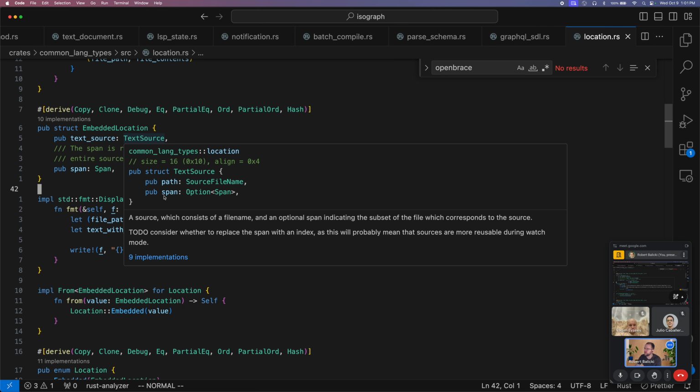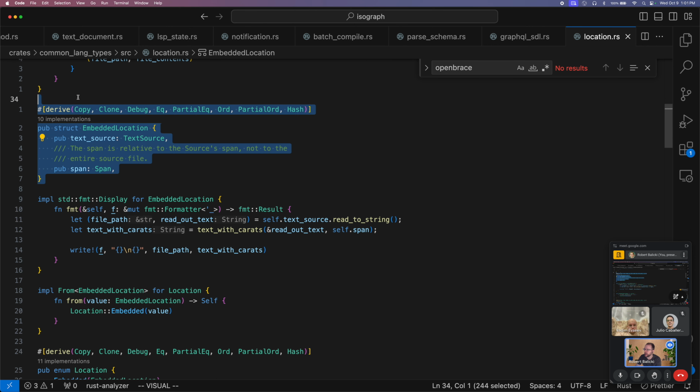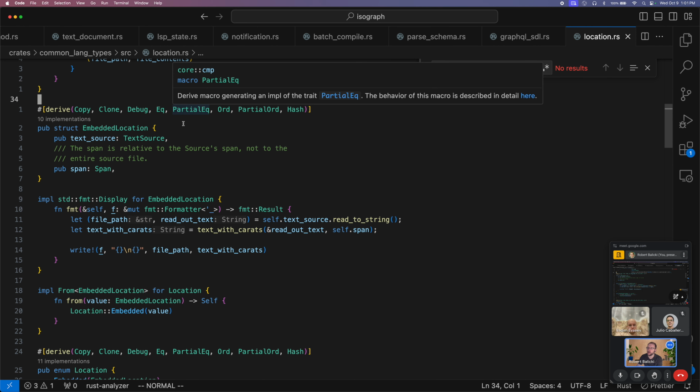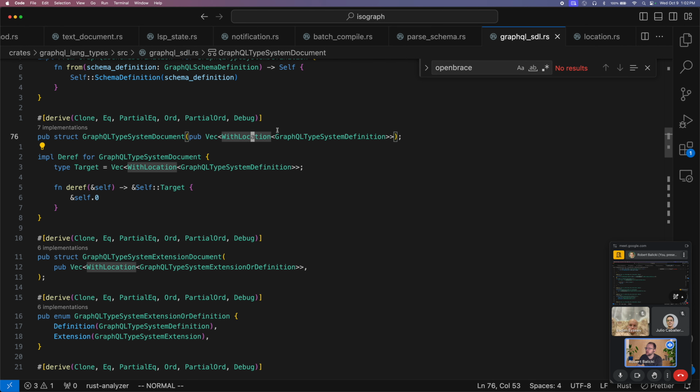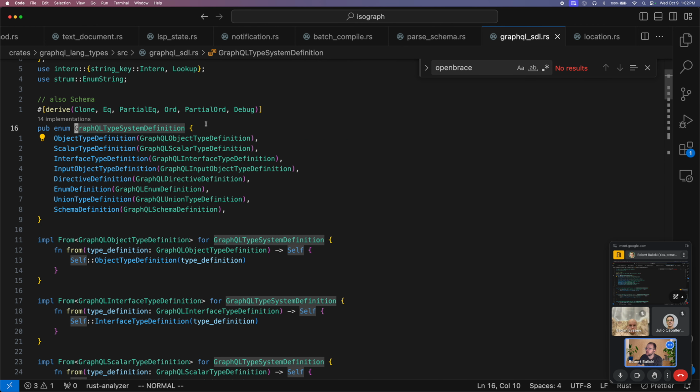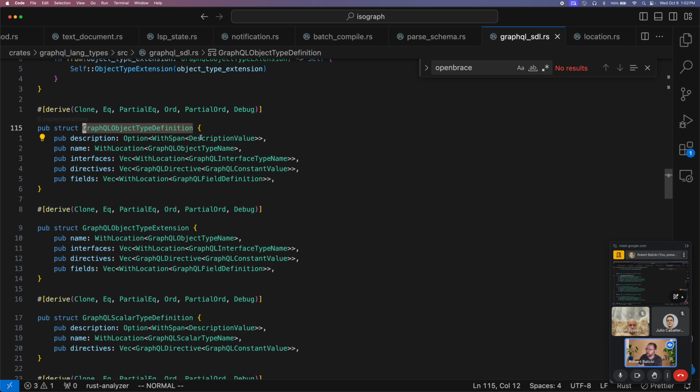Okay, so this embedded location is what we use to print out the error message. This guy gets an error message. This guy is wrapped in a location. Object type definition here will have spans usually. It's not super well thought out, so there's a bit of confusion between locations and spans in the code. Sometimes we'll only pass the span and then just assume that the location is the same as the parent,